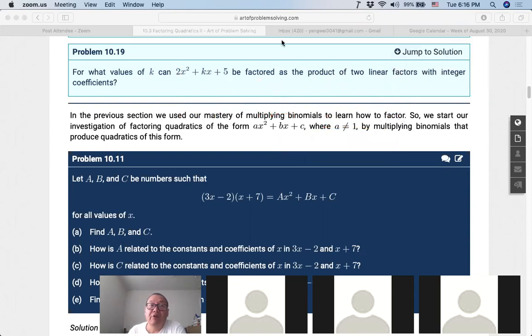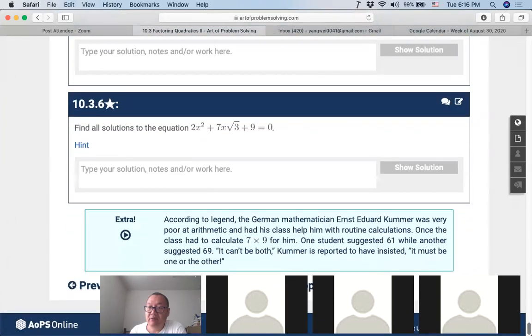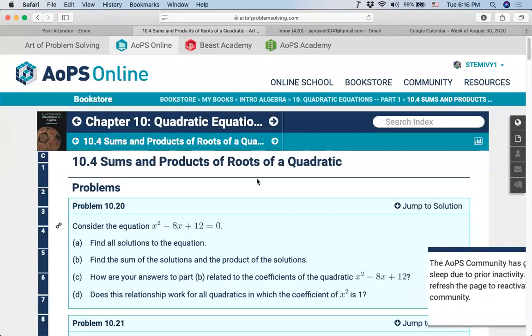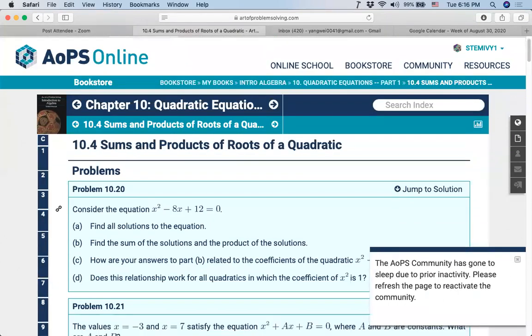So we finished this section. Now your homework will be the exercise problem at the end of this section. Now let's go to the next section. This section,